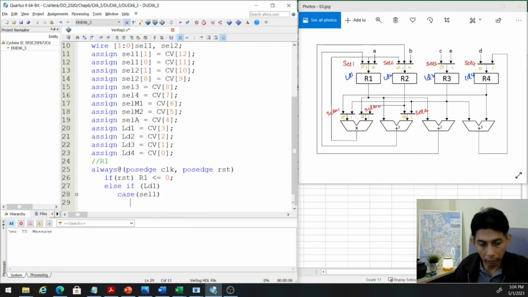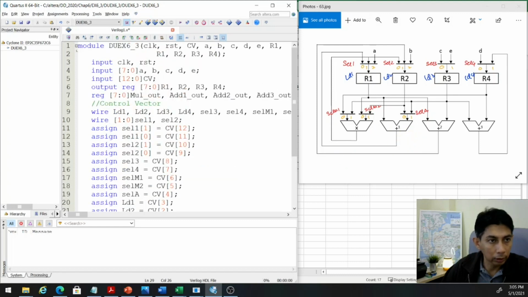So should be 2-bit. 0 0. So if 0 0, add 1 will be equal to, what is that? If 0 0, so it should be this, yeah. So this is this add 1 out,